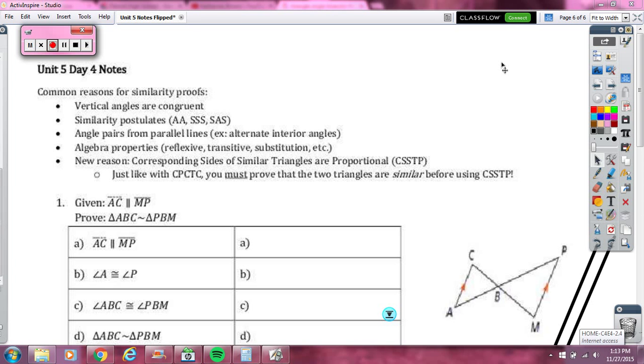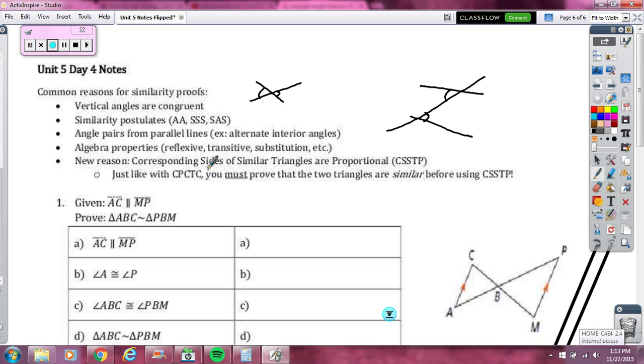Hey gang, super short notes, last day of Unit 5, proofs, and then some more theorems. Some common reasons that we'll be using for our similarity proofs would be our vertical angles, our three similarity proofs from last time, angle pairs with parallel lines. So for instance, if you've got two parallel lines, you've got alternate interior angles, like those two being congruent, our algebra properties, and then the new one, which is